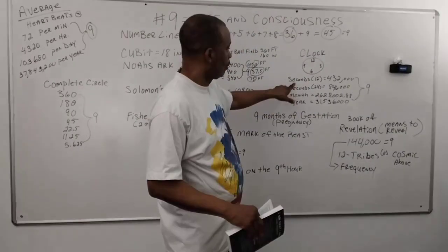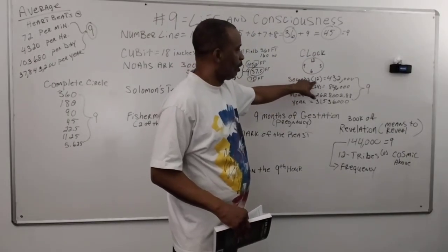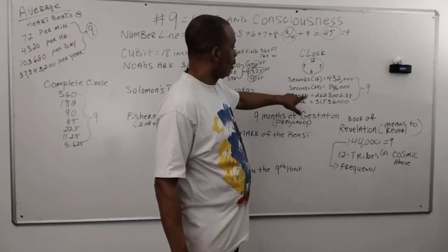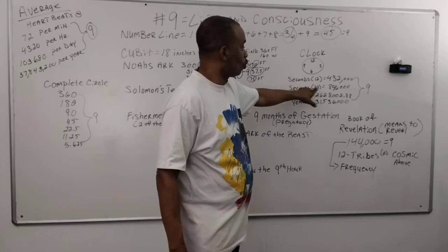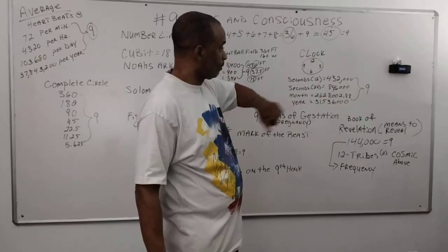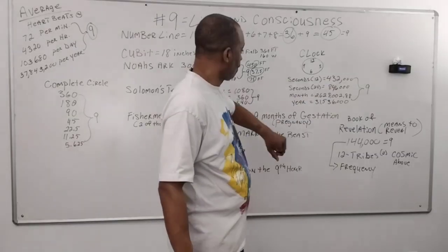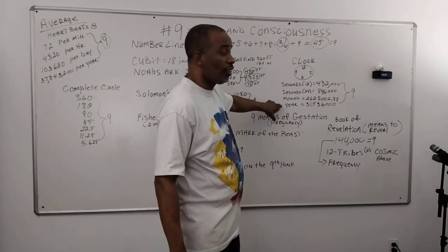The number of seconds in a 12-hour clock is 432,000. The number of seconds in 24 hours, 84,000. I'm sorry, 84,006,000. In a month and in a year, these numbers, when all